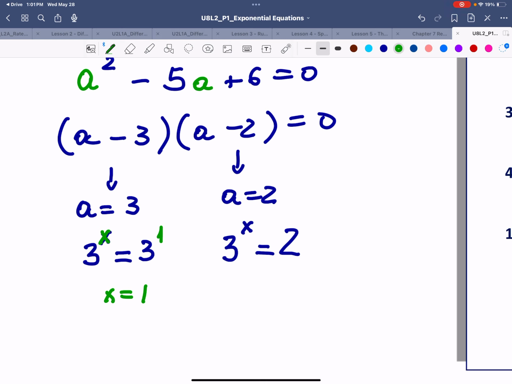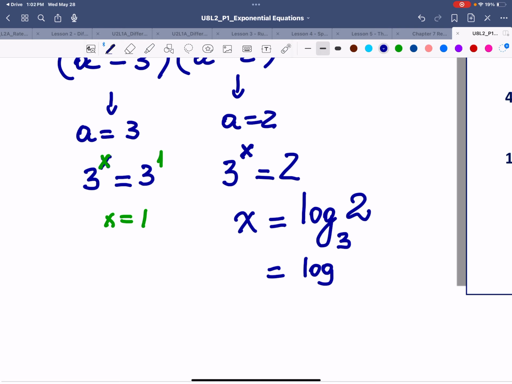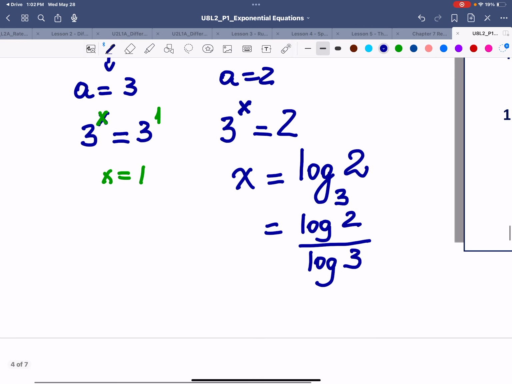In order to find the value of the exponent here when the bases are different, we say x equals the exponent, or another word we use for exponent is the word log, to which we raise the base 3 in order to obtain the number 2. The way that you find this on the calculator is by simply splitting the numbers 2 and 3 and sticking a log to it. In this case, this would be the exact answer. The approximate answer is found by simply using the calculator, which I am going to do right now. We're going to have log of 2 divided by log of 3. And the answer is x equals